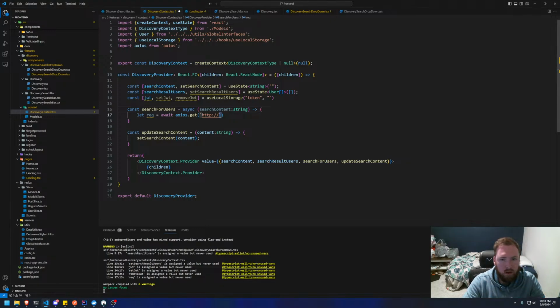So we will go and do this. There's probably a better way to do this. There's more than one way to do things. So :8000/discovery/users? and then this will be search term equal to ${ and then we're going to get our search content